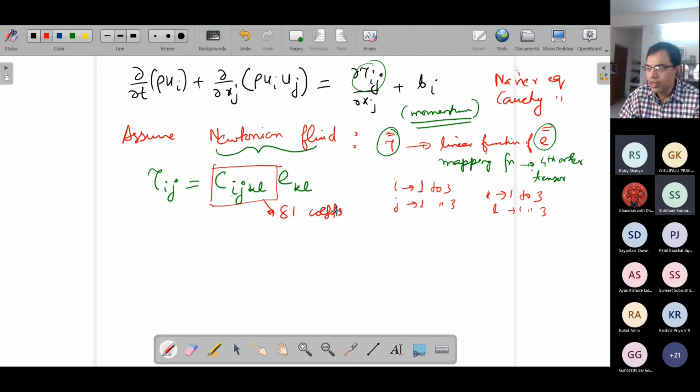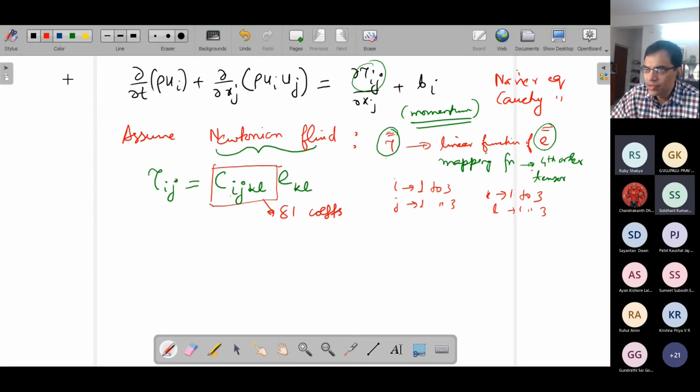What it means is that you require 81 parameters to describe the physical property of a fluid, that is how it responds to a stress via the stress rate of deformation relationship. But this is unphysical. We do not see any practical fluid for which, just for the stress rate of deformation relationship, we have to use 81 coefficients. In fact, for the most common one like water, we use just one coefficient, which is the viscosity. So this is mathematically fine, but it can be simplified drastically.